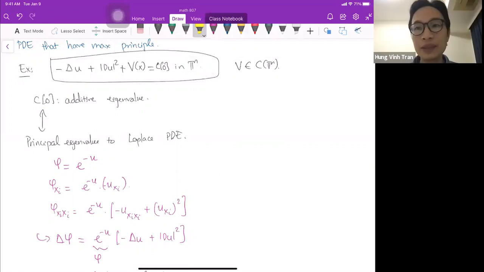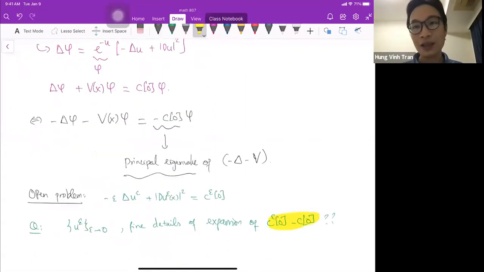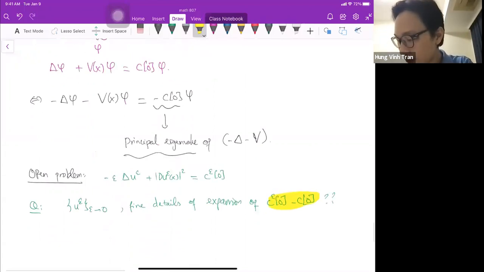I'm afraid that I'm telling you too many open problems. Maybe it's not good, but anyway, this is one of the problems that I have also been wondering about a lot. The question is to prove that as epsilon goes to 0, u epsilon, for example, you have to normalize it by a constant, doesn't matter,